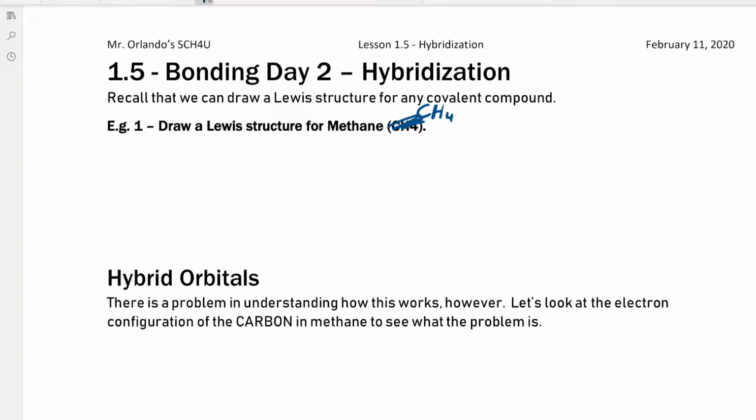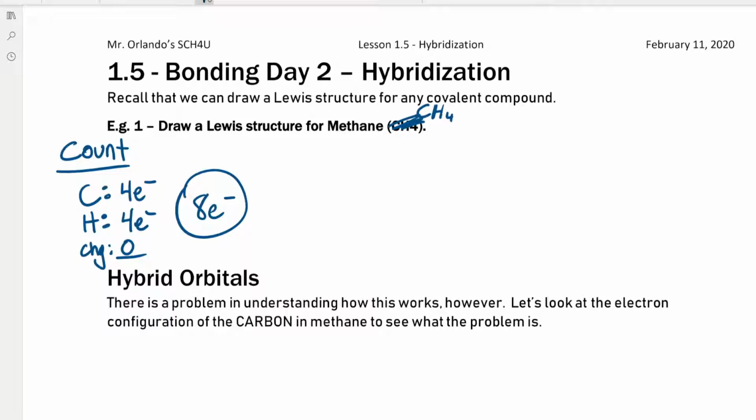But these are the minor details. Okay, let's do this. Well, we know the rules, which is the first thing we want to do is count. So here we are, we'll count, and we'll say carbon should give us 4 valence electrons, and hydrogen should give us 4 valence electrons. There's no charge, so that's a total of 8 electrons. And then we put the least electronegative atom in the center. So we're going to put carbon in the center, and we're going to surround it with a hydrogen on each side,